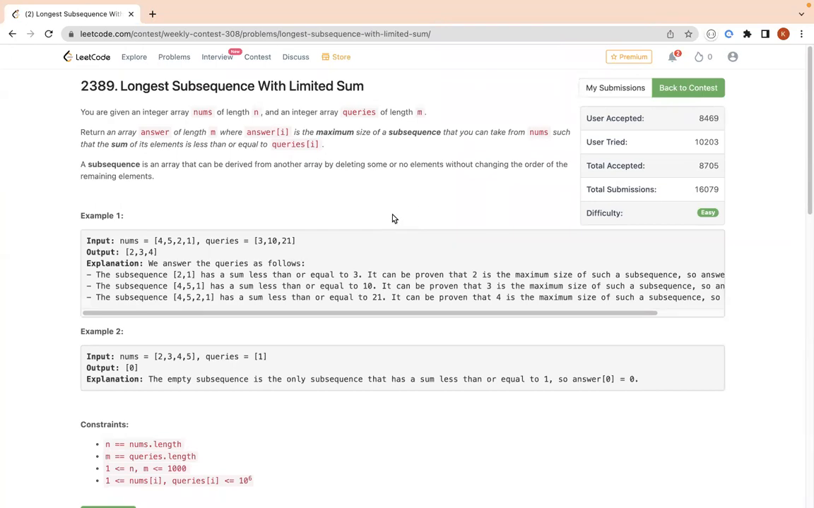Okay, so let's get started with the first question, which is longest subsequence with limited sum. Here we are given two arrays, the first one with length n and the second one with length m. nums is the first array, queries is the second array. Here we are asked to return an array answer, which will also be of the same length as the queries array. So if we take this example,